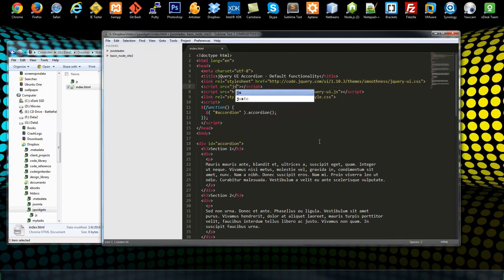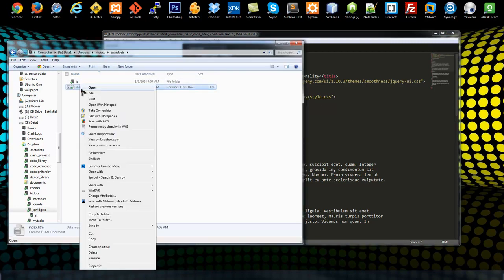We'll say JS/jQuery.js, and then for the UI, JS/jQueryUI.js, and that should do it. It's also pointing to a remote style sheet, which you could download if you want, but we'll just keep that how it is. Save, and then if we open the index file,